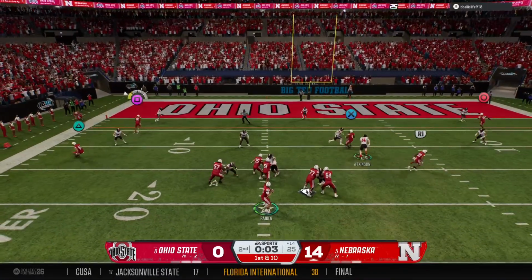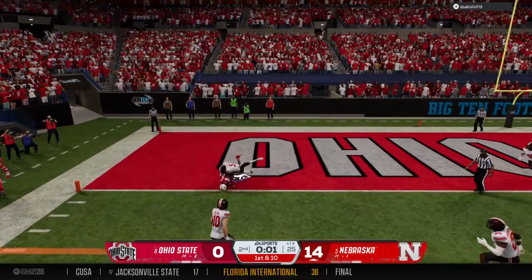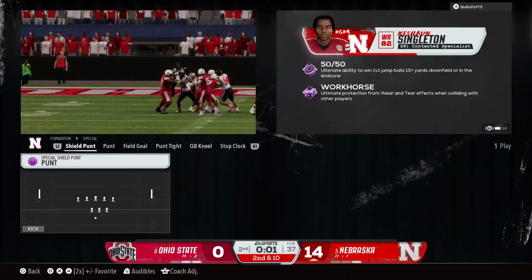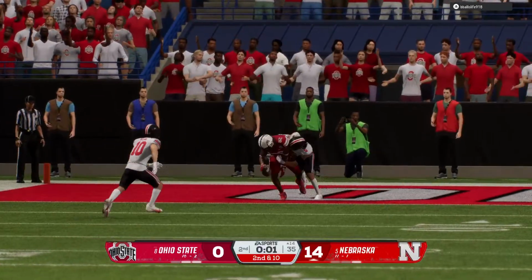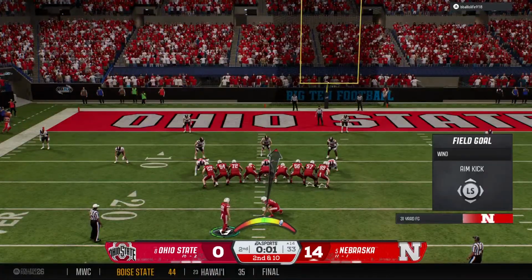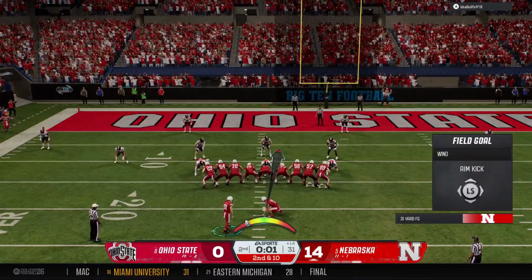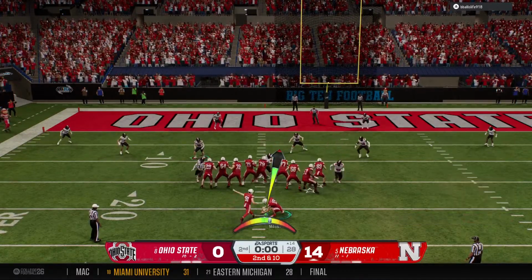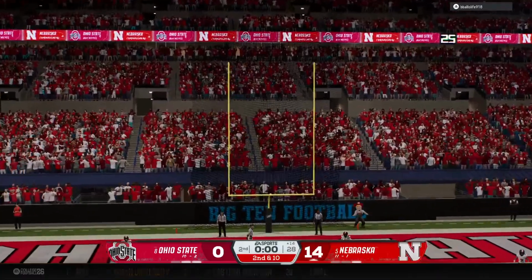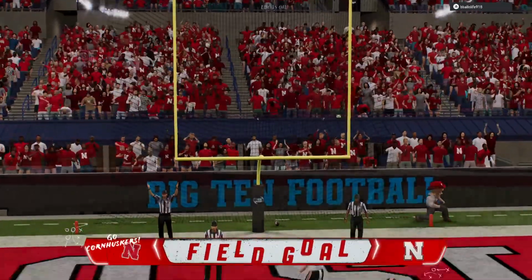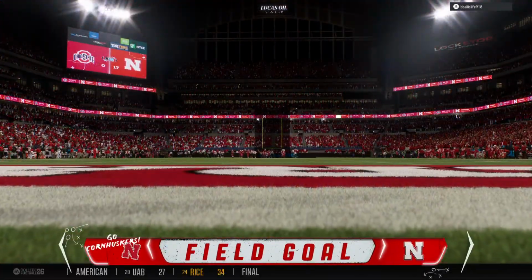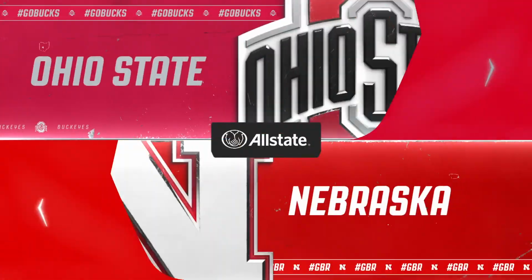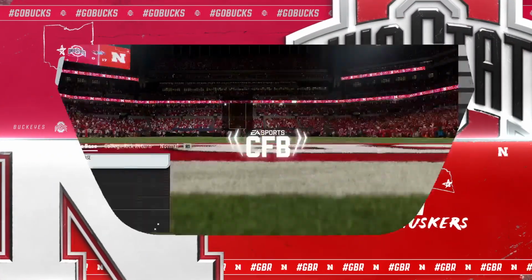Here comes a throw from the red zone. Looking for 6. Oh, and he can't come up with the catch in the end zone. It's going to be second down now. So, with only a few seconds left in the half, out comes the field goal unit. Chris, not only really good coverage here by the defense, but I love their awareness. That ball is in the air, headed to the end zone, and the ball is separated from the receiver with the contact. And that will do it for the first half here. Kevin Connors now has our halftime update.